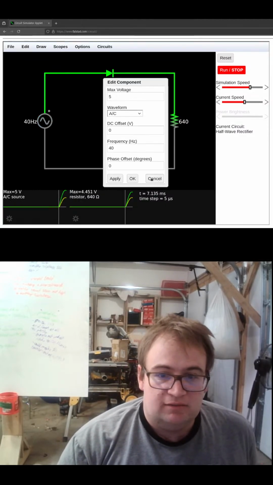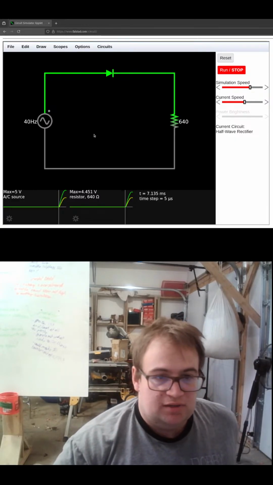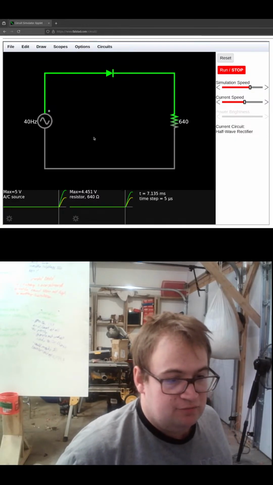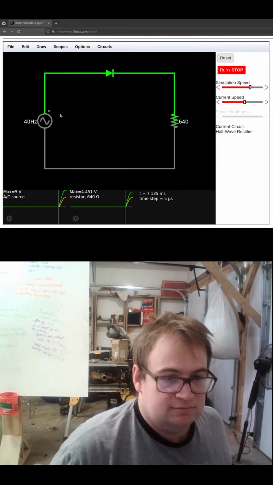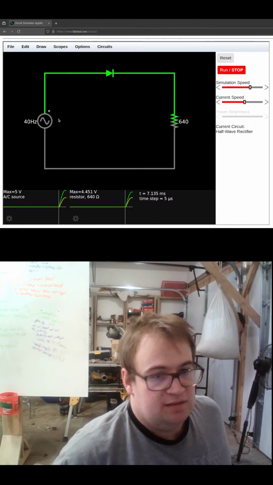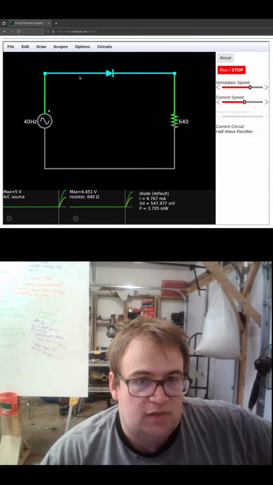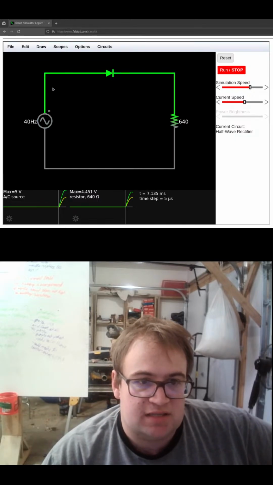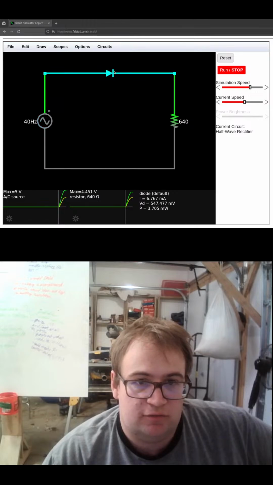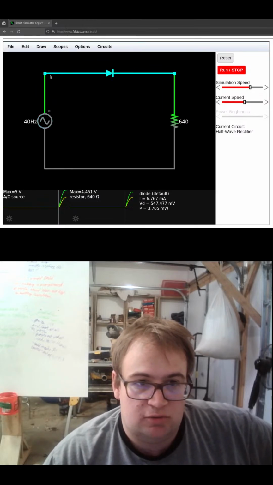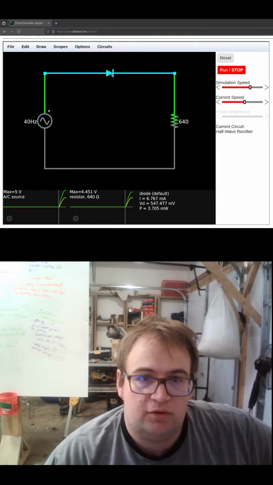Yeah, max voltage 5 volts. So it's oscillating between 5 volts and minus 5 volts every 1/40th of a second, I guess. So what will happen is that when this sees a positive voltage here, this will let current flow through, but we're